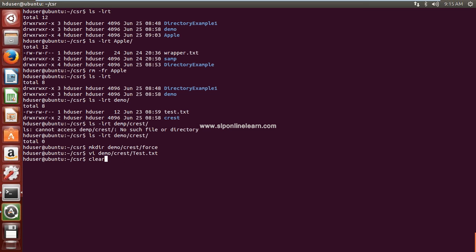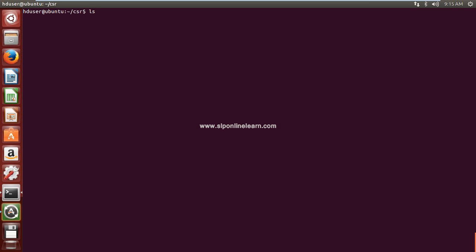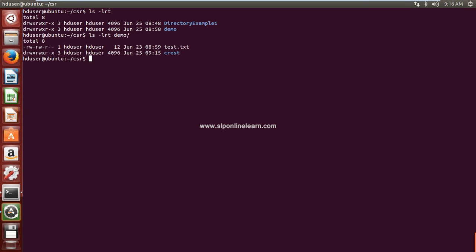First let me clear, ls -lrt. Now there is a directory demo which we are planning to remove. Before going to remove, we'll see what is there in this demo. There is a file and a subdirectory in this. Let us check what is there in this subdirectory.